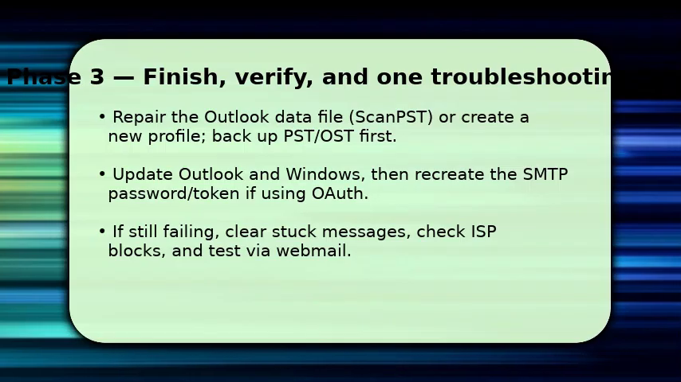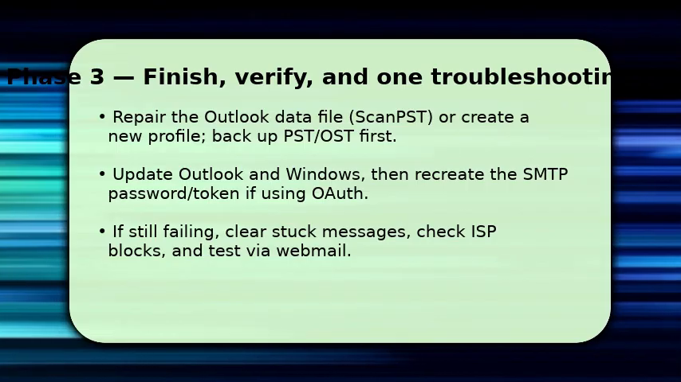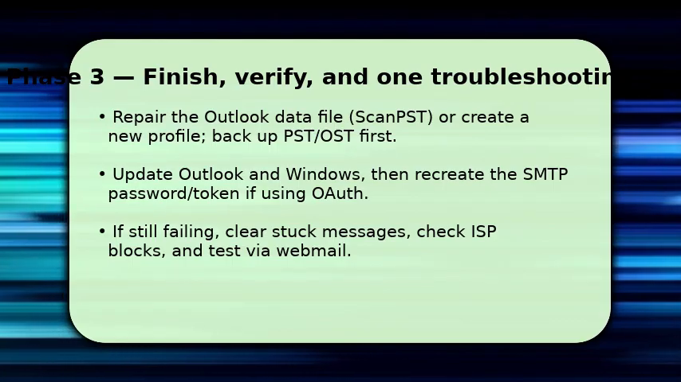Run scanPST on your PST/OST, or create a new Outlook profile after backing up data, because corruption can silently block sends. Update Outlook in Windows, and if you use OAuth, regenerate the SMTP app password or token so authentication is fresh. If sending still fails, remove any stuck messages, confirm your ISP or mail provider isn't blocking SMTP, and